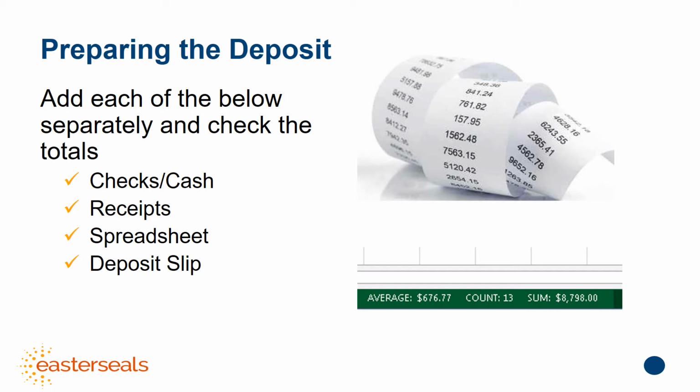Your second tape will be adding all of the yellow receipt copies. You're going to add those up, total it, and then tear that tape off. And then your last tape will be what was written on the deposit. So you're going to add up whatever was on the deposit if you listed everything out. And that total, you're going to print that off, tear that off, and the 3 tapes should have the same